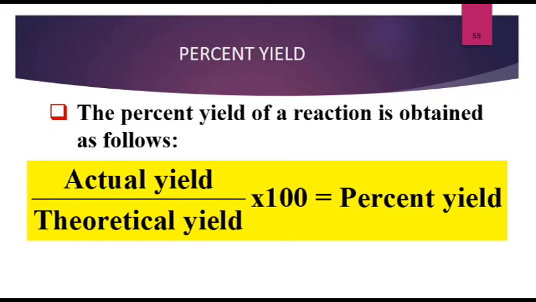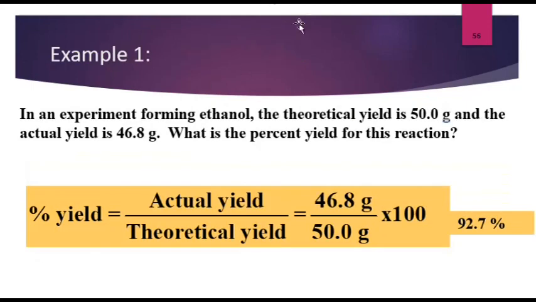Let's have an example. In an experiment forming ethanol, the theoretical yield is 50 grams and the actual yield is 48 grams. So what is the percentage yield? We divide 46 by 50 times 100. So 92%. So that ends our lecture. I'll try to upload more examples for the reactant and